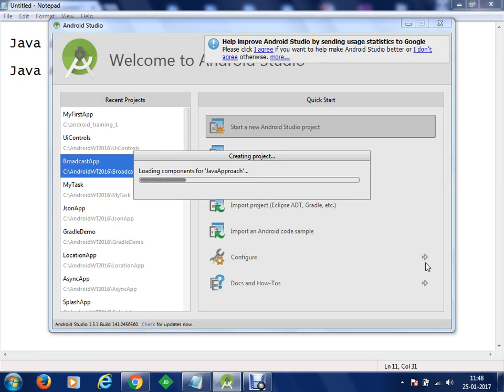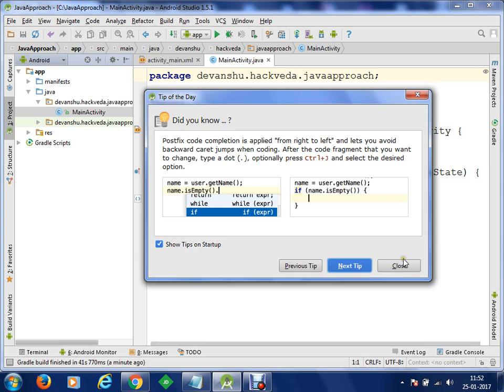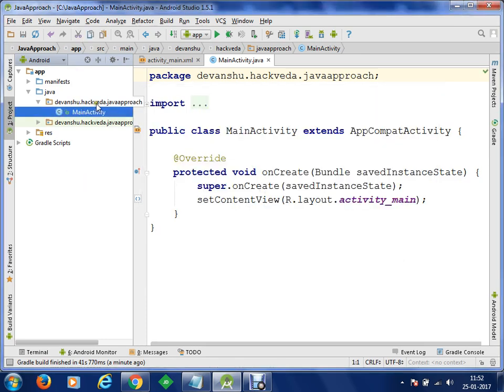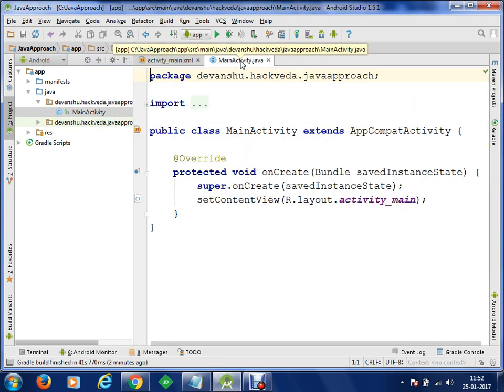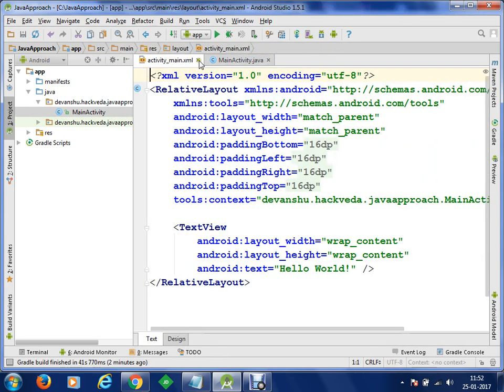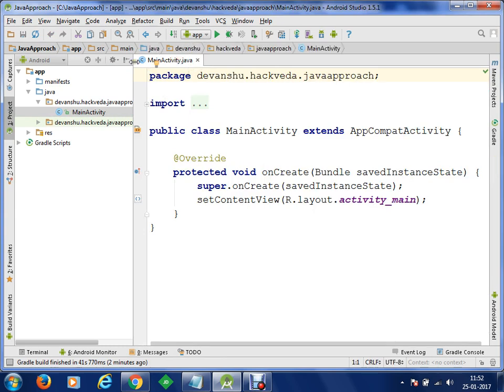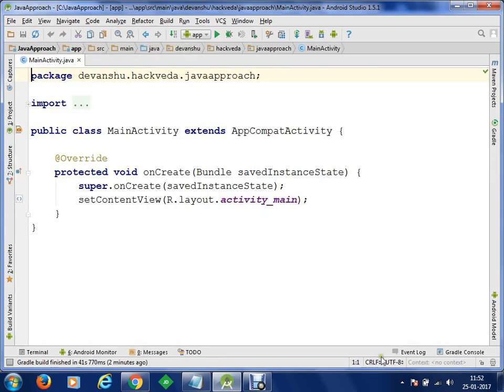It's creating the project at the moment. So now what we have is a project created wherein we have a layout and we have a Java file. But in this demonstration, since we are following Java approach, I'm not going to use XML files. So let me just close this file, and now let me explain how the project will start. Once your application is installed, the manifest file will be taken by the phone, and through the manifest file you will identify that there is a main activity on which we have to perform main action, and it will be launched.